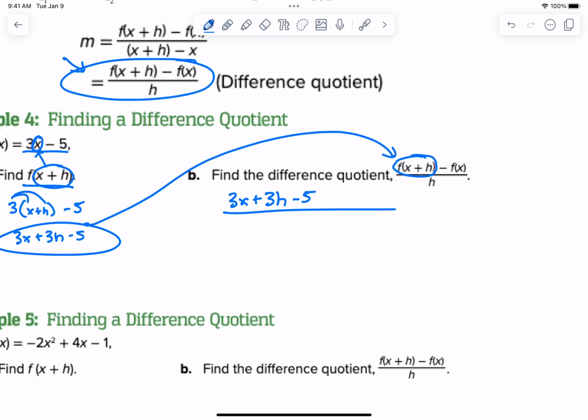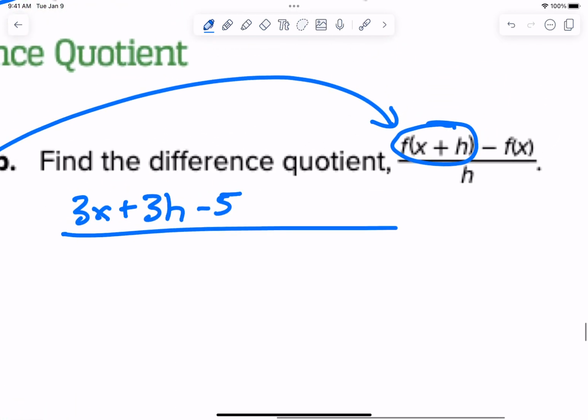Got it? Where did your Kleenex go? I don't know. Okay,